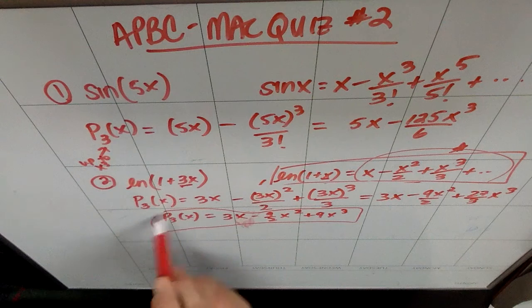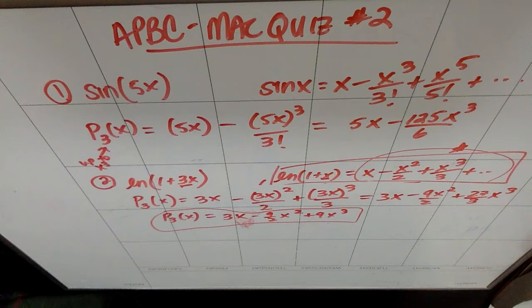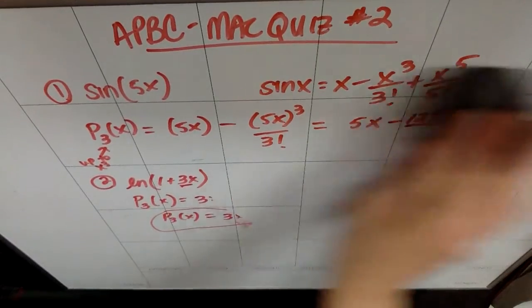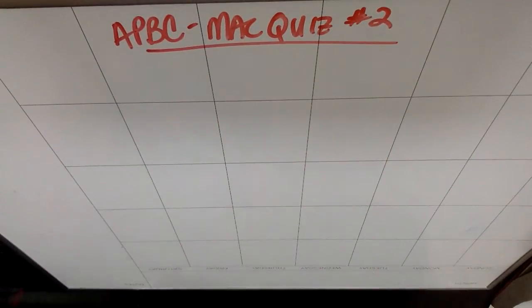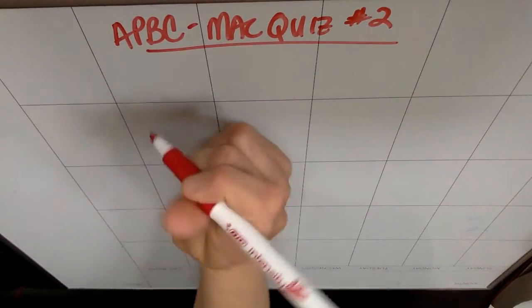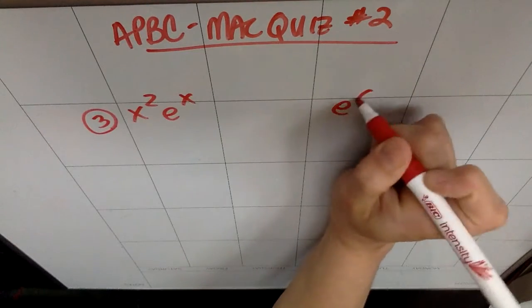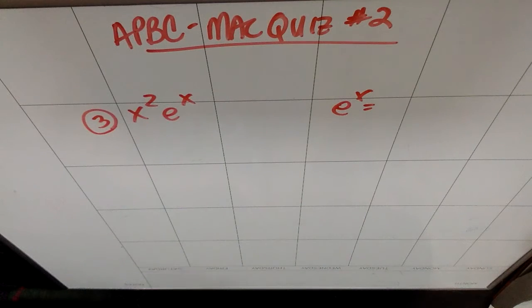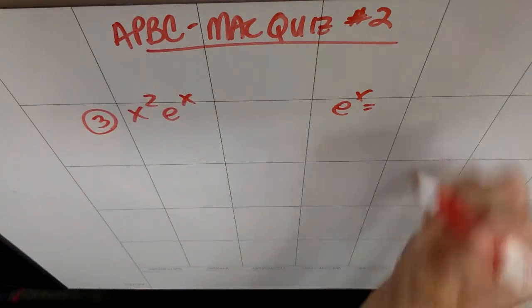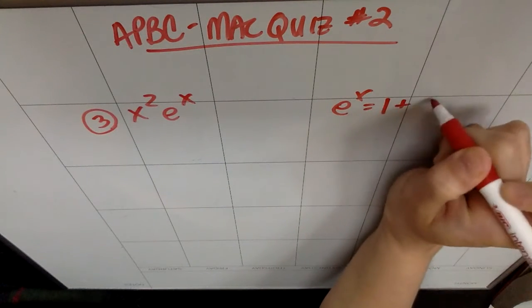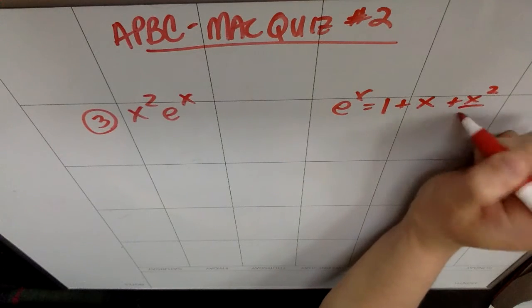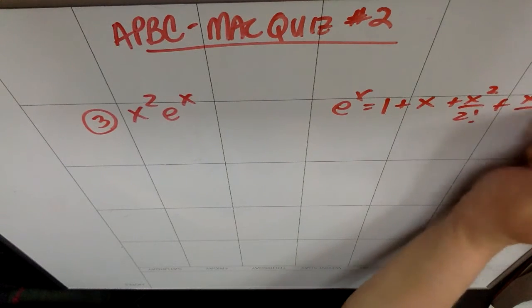Cool. All right, let's talk about number 3. Number 3 is x squared e to the x. So we're given x squared e to the x, and you want to know the e to the x series. It's the sum of x to the n over n factorial, and they're all positive. It starts with 1 plus x plus x squared over 2 factorial plus x cubed over 3 factorial